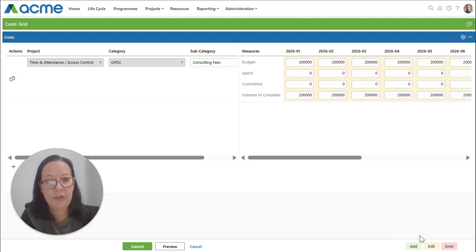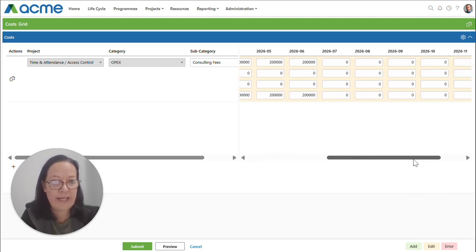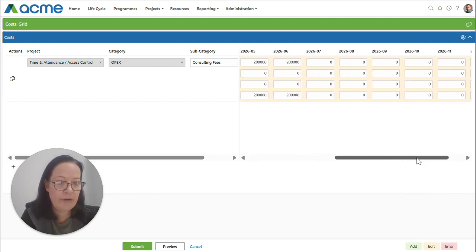It means I'm going to add a new record. What we can see here, the very light amber, that means if I update something here, it is just an edit. And if there was an error,